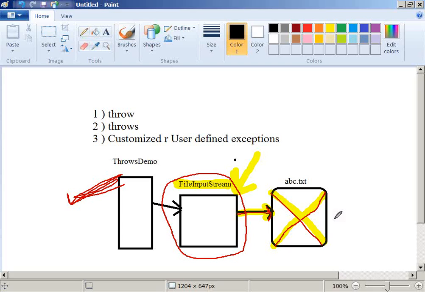So what should I do here? My machine is not working fine. It is having some software problem or a hardware problem. So what should I do in this case? I cannot communicate with you, right? Because of my machine problem. That's fine, there's one problem. So in this case I need to rectify this problem.